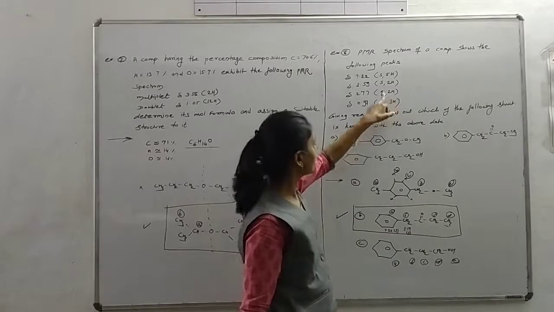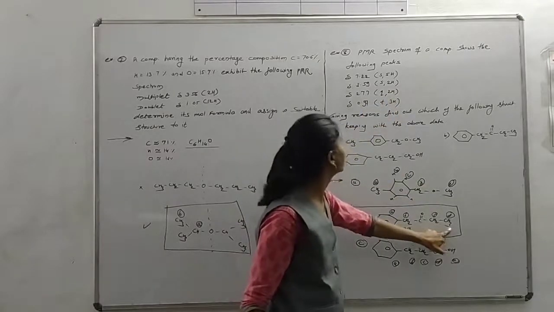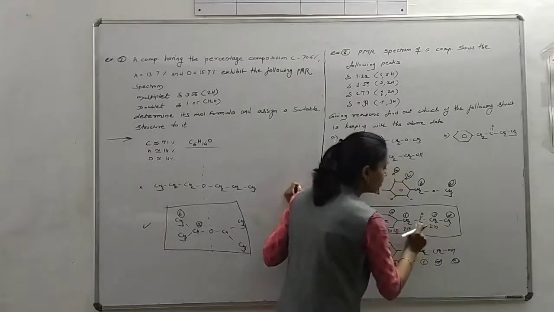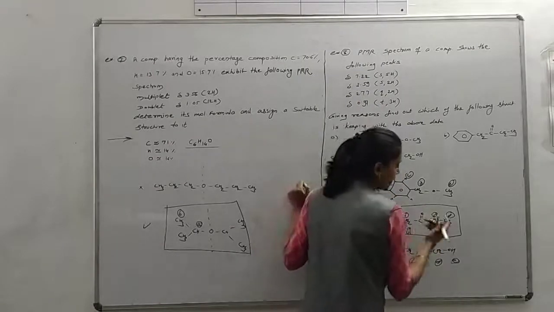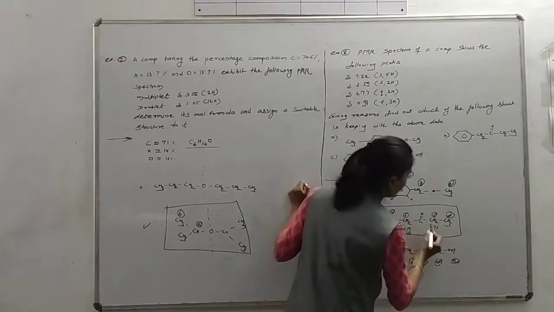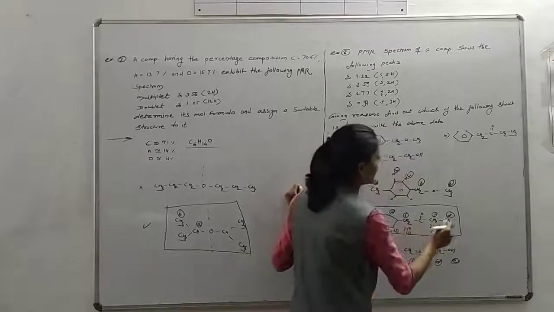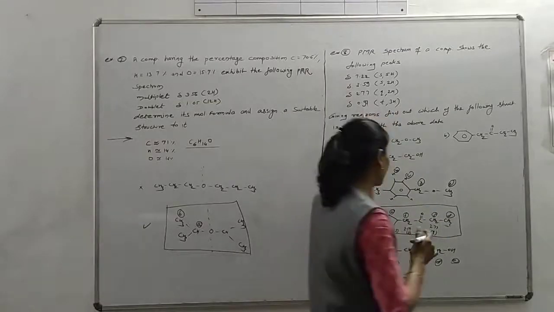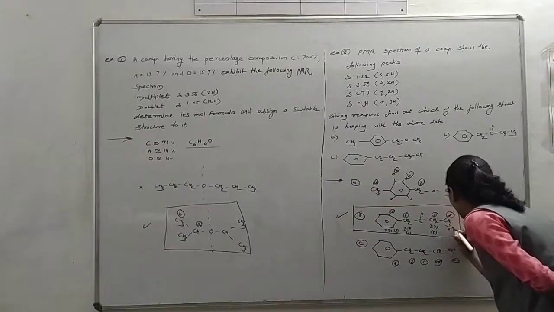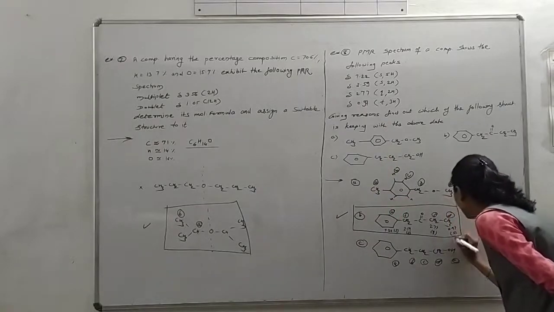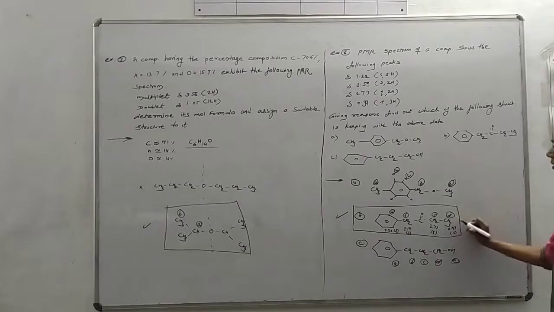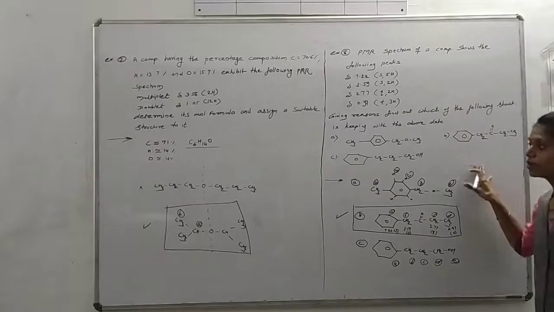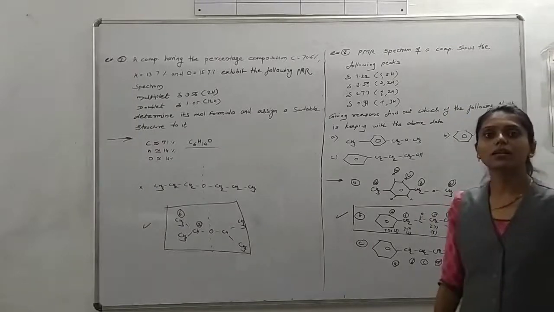Next one. 2 protons give a quartet. These 2 protons give a quartet at 2.77, deshielded because of this carbonyl group. It goes to the downfield direction and it is a quartet. Next one, CH3 gives a triplet and it is nearly 1, at 0.97. The chemical shift value is nearly 1. That means this structure satisfies the above data. So this structure is the correct one. Thank you so much.